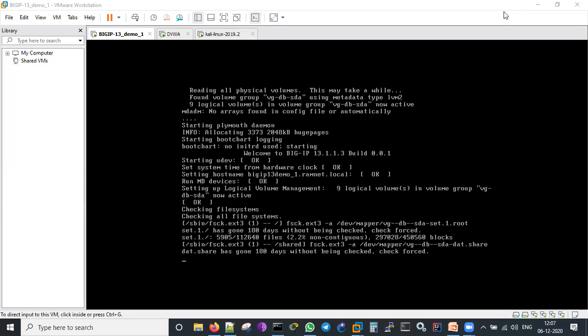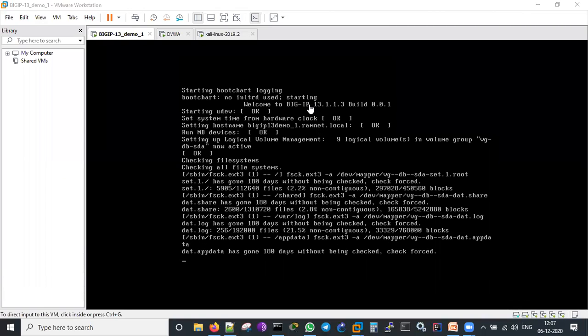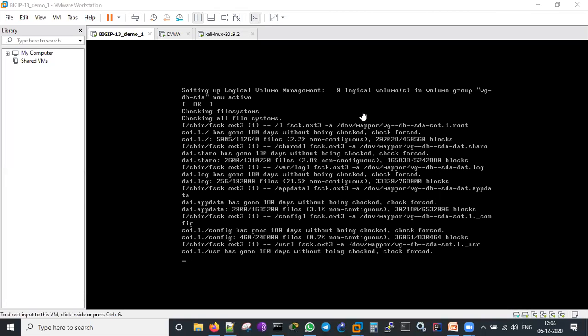Okay, sir. So WAF we have already been doing. Web application firewall is a common feature. Now, what features are added? Currently I am running version 13 point something only. You can see the Big IP version is 13.1.1.3. So this is the latest one which we are having. Not an issue. In this only we are going to do all the practicals. All the labs, whichever things are there, we will be learning on this. No need to worry about that.